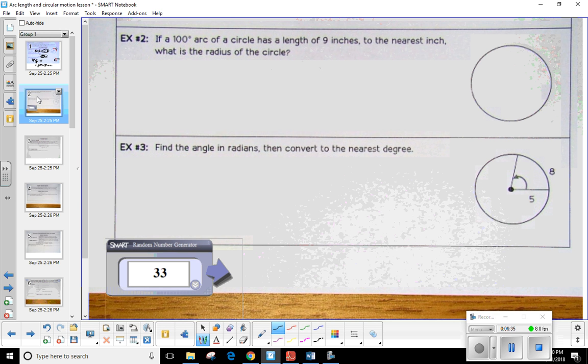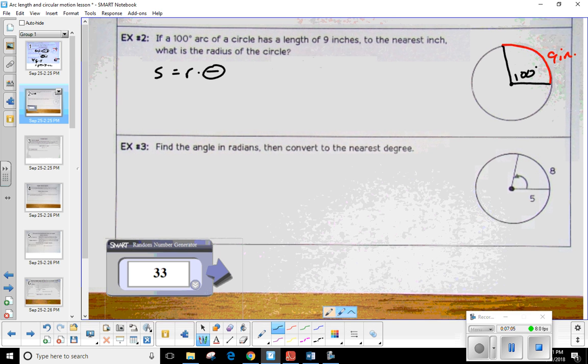So this one, see, we're working backwards. We're not given the radius and the angle measure. We're given the actual arc length, and we want to use that to find the radius. So we have S is equal to R theta. So let's go ahead and draw this. We have a 100-degree measure. Okay, so 100 degrees is bigger than a quarter, so I'm going to say maybe something like that. They're already providing me that this arc length right here is 9 inches,